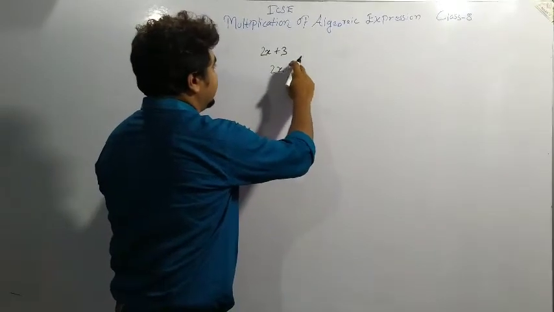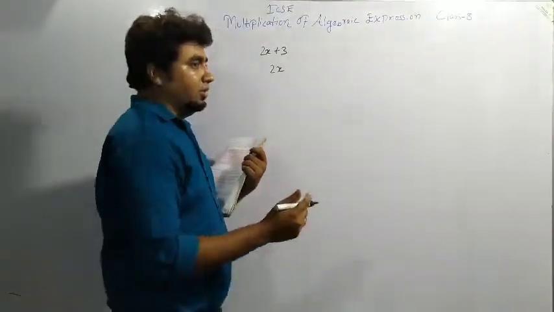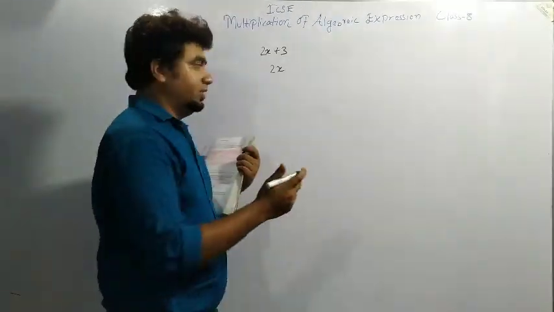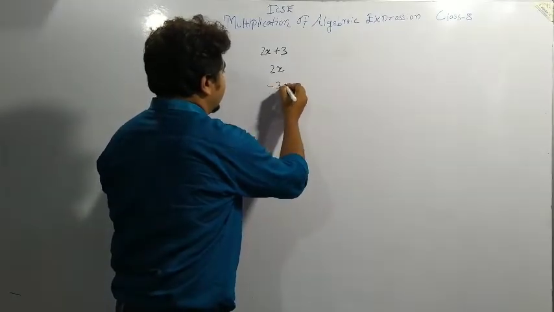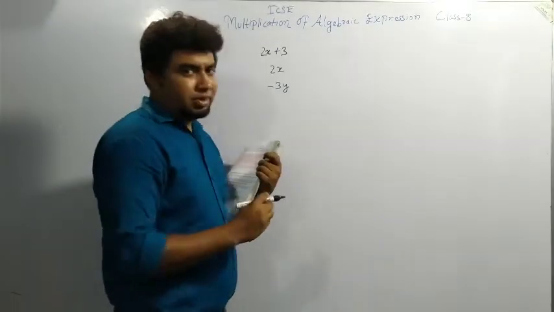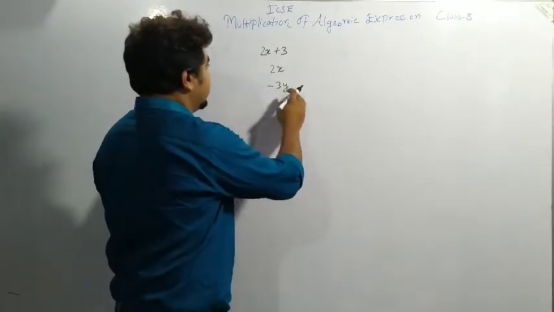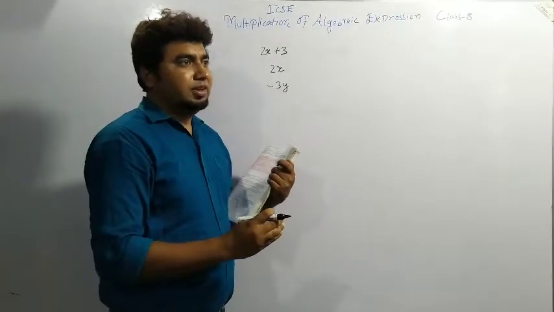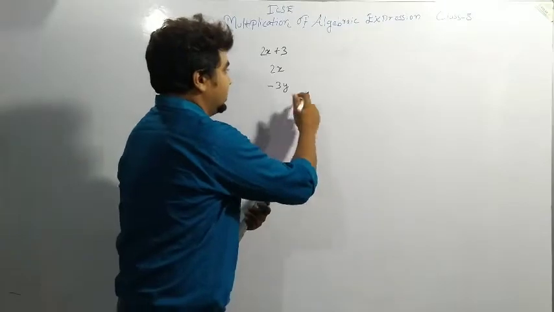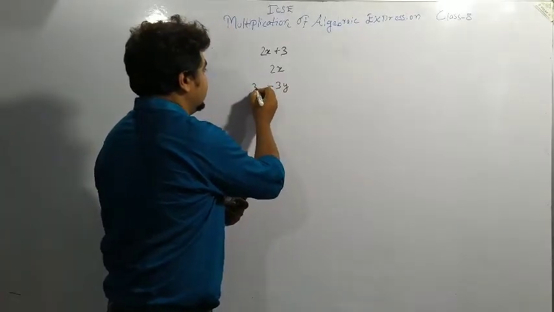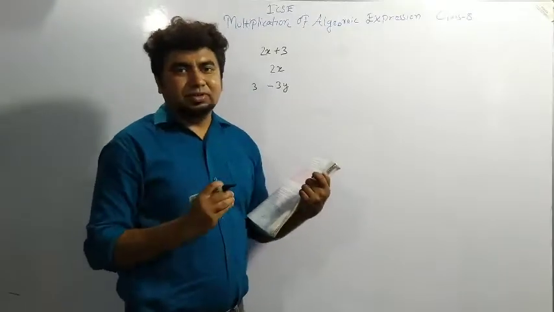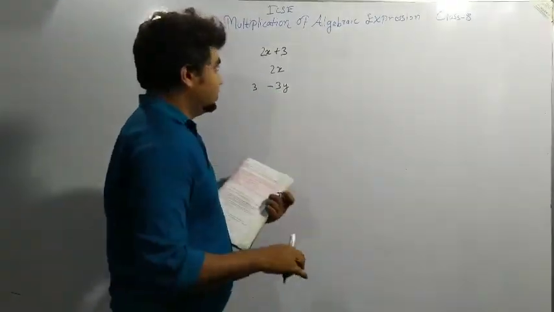If it is connected by a plus or minus sign, another term should be connected to it with a plus or minus sign. If I am saying minus 3y, this is a monomial. This is not a binomial, because when it is connected by a plus or minus sign, it will become a binomial. But here you are seeing only a minus sign. If another term is also there, like 3 minus 3y, now it will be a binomial. But if I am writing minus 3y only, then it is a monomial only.